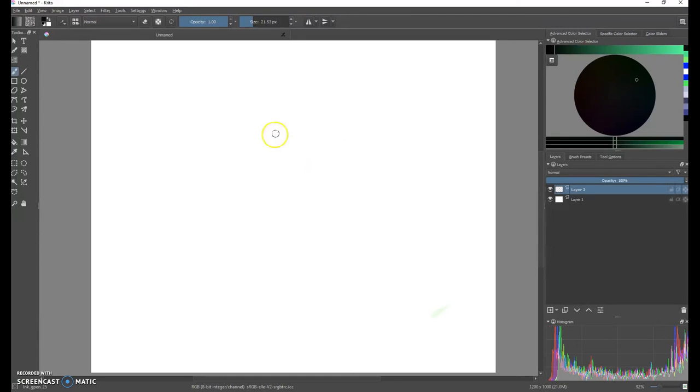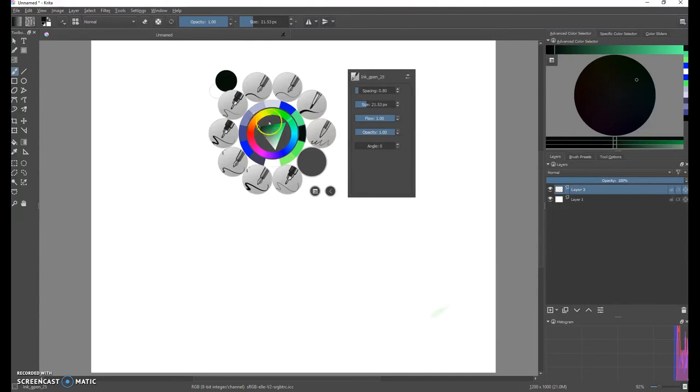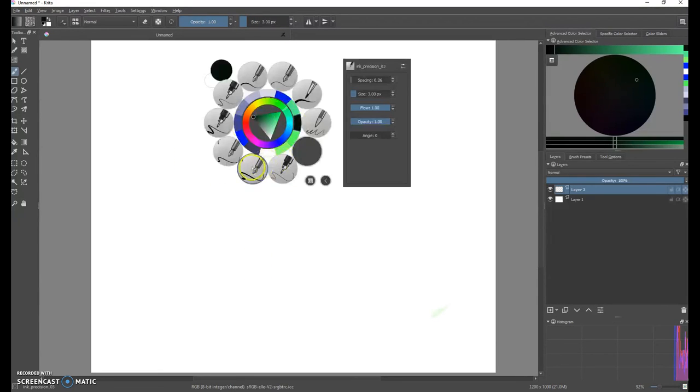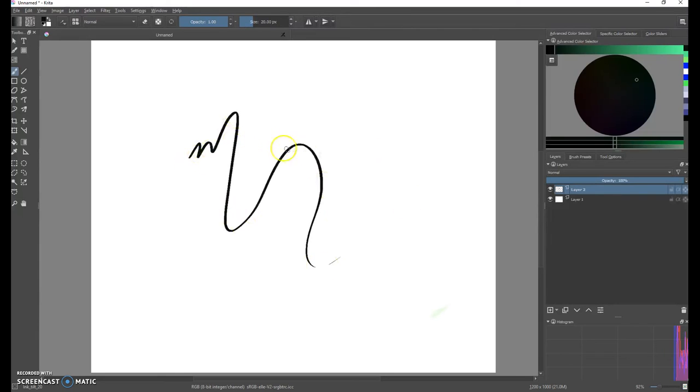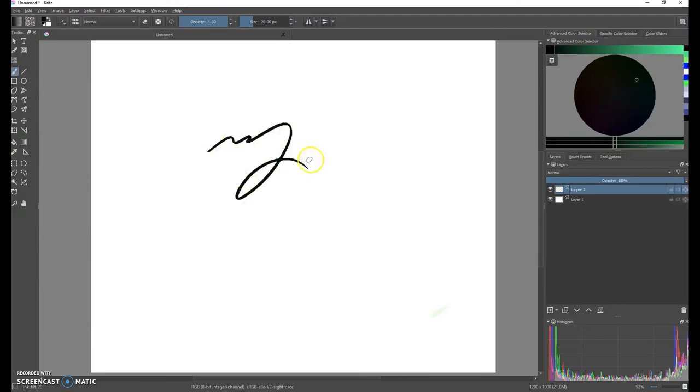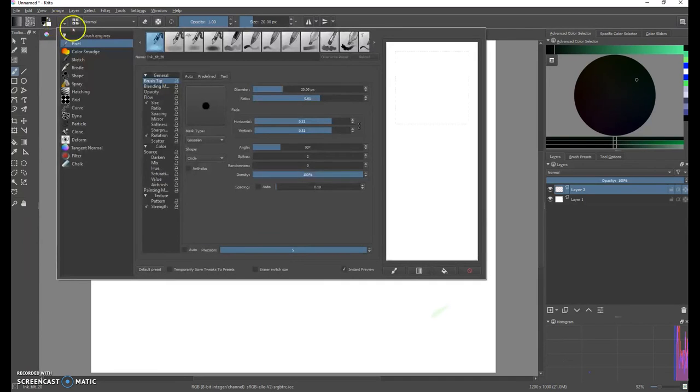It's a very, very fine line, and I think the thinness of it is helpful to me. But if you find that it's too thin and that when you make it thick it looks too fuzzy around the edges, experiment. Look through the brushes, find one that sits right with you. Find one that works for your style, and if you find that this one, for example, is shaped in the correct way and has the correct kind of line that you're looking for, but doesn't have that tapering effect that you want, or the shape is a little bit off in its angle, well, you can experiment with the angle,